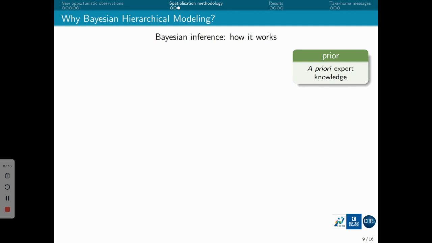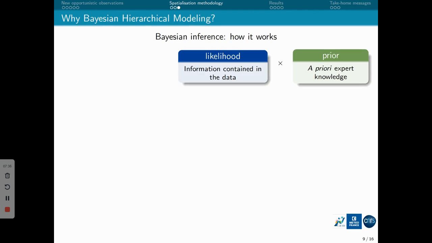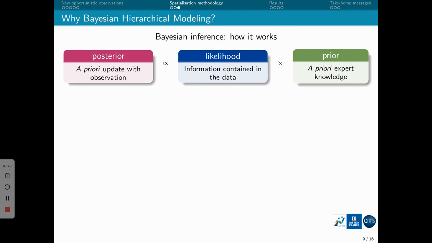So if I use a Bayesian hierarchical model, the philosophy behind this model is you have a prior, that's a priori knowledge. So the knowledge you have is that there are some urban features or attributes that are interesting, and we have knowledge about the error of the data. Then we have the observations, and we cross the two pieces of information to produce a posterior, which is information updated